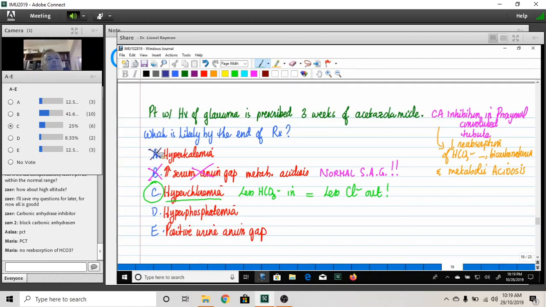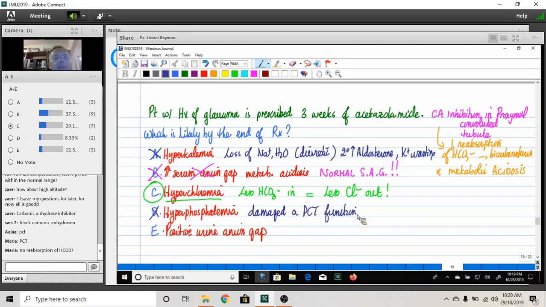Now, there won't be hyperkalemia because there's going to be loss of salt and water. It's a diuretic. There's going to be a secondary increase in aldosterone, and the secondary increase in aldosterone is going to cause potassium wasting. And finally, when you damage a PCT function,